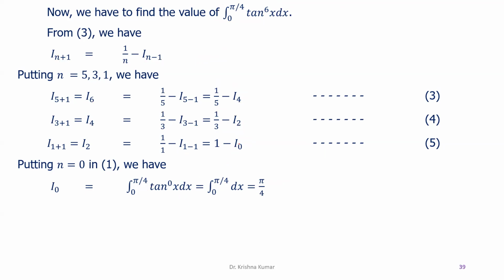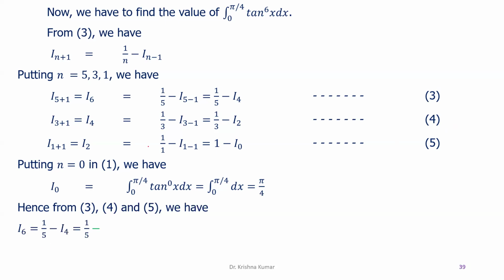So we have to substitute the value of I0 as pi by 4 over here. Then we get the value of I2. This I2 is substituted over here. Then we can get the value of I4. And then if we put the value of I4 over here, we can get the value of I6. So let us do it one by one. So hence from equations number 3, 4 and 5, we have